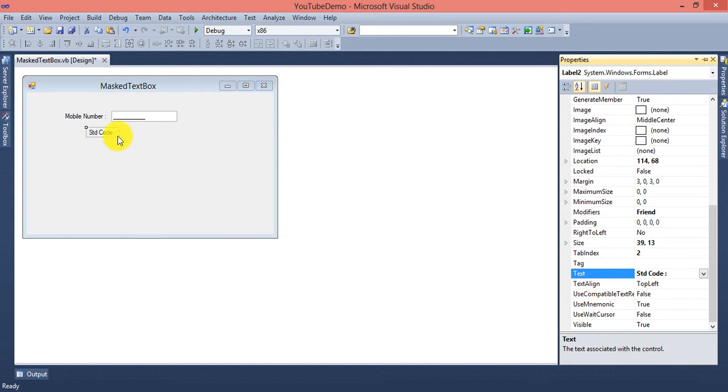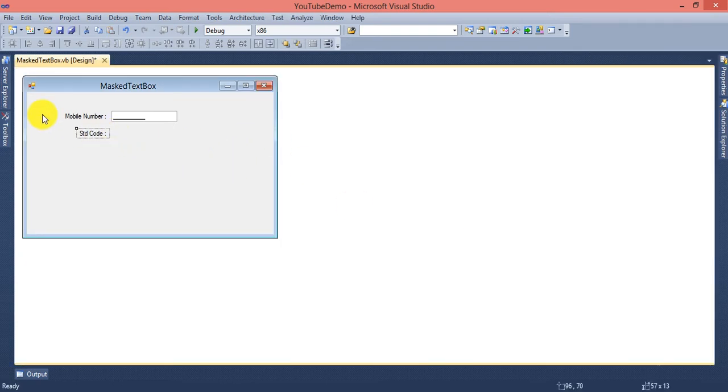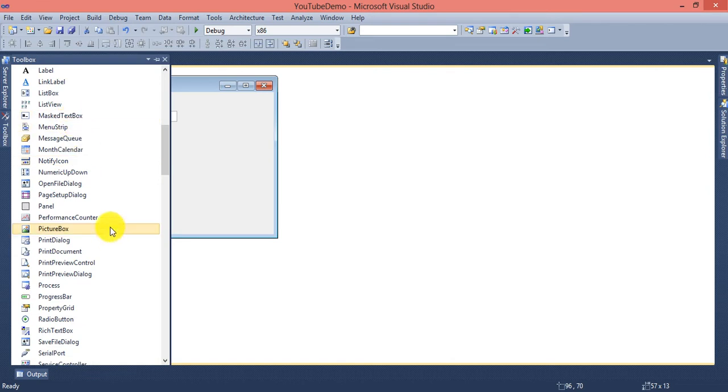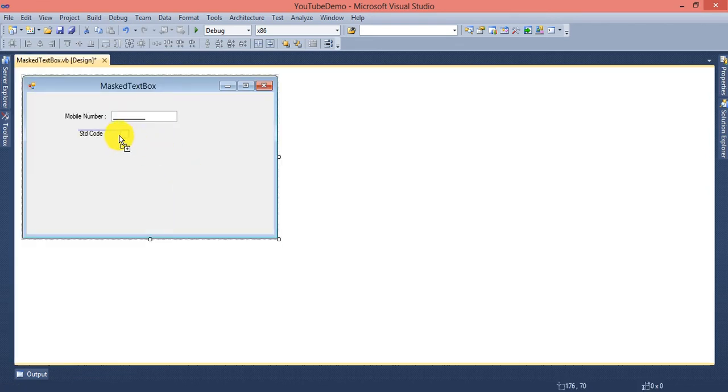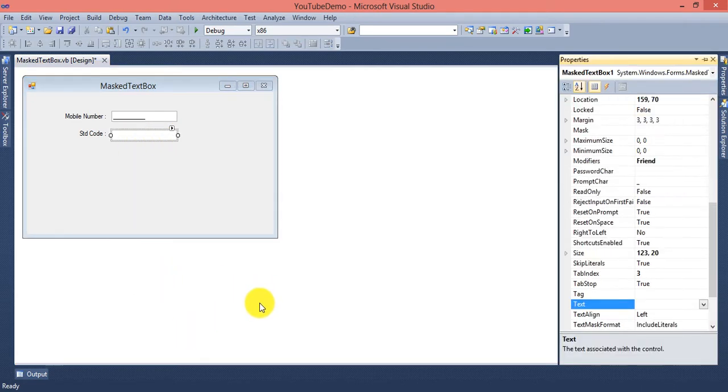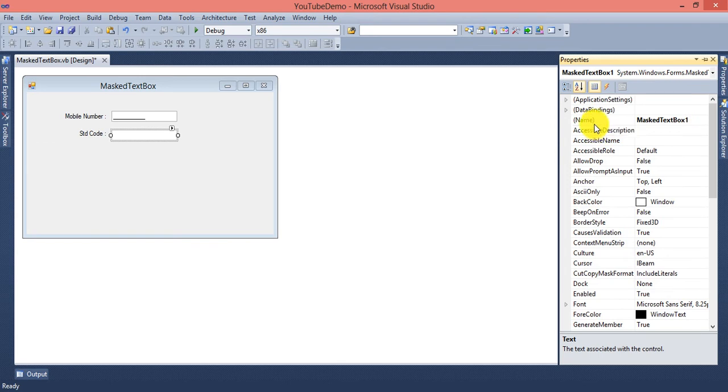Okay, and again one more masked text box for that. So this is the masked text box. Now I am first changing its name: mtxt, this is for STD code, so I'm just writing std.